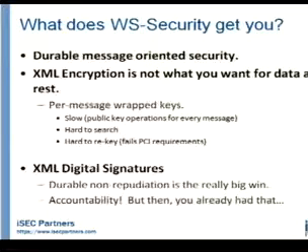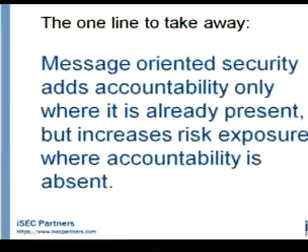Basically, I would say that if you're going to make your data this hard to get at and not make it searchable and not make it accessible, you're probably better off just not storing that data in the first place. Just delete it, and then you don't have a privacy incident waiting to happen. So digital signatures are the big win here. Durable accountability, durable non-repudiation to the extent that such is possible, is a really big win, and this is the biggest thing that these technologies have to offer. But that really gets us more accountability, and in most cases we've seen we already have accountability. So the takeaway here from this part is that the only thing you really get with message-oriented security that's new is accountability. And you get accountability where you already had it, and at the cost of a great deal of complexity and risk exposure that you didn't